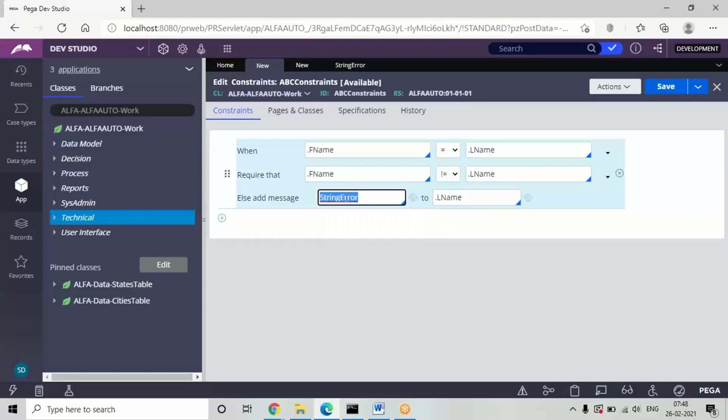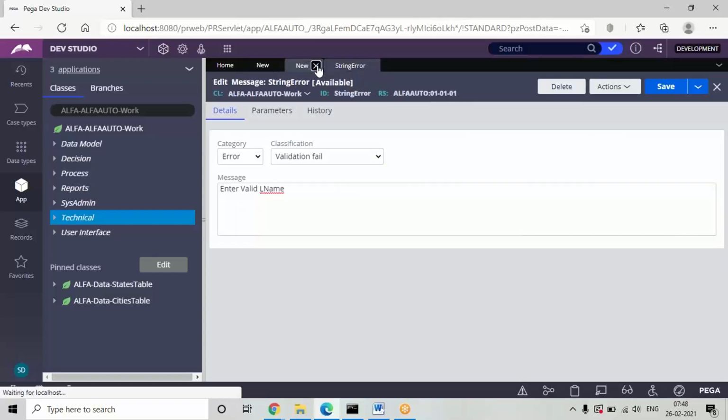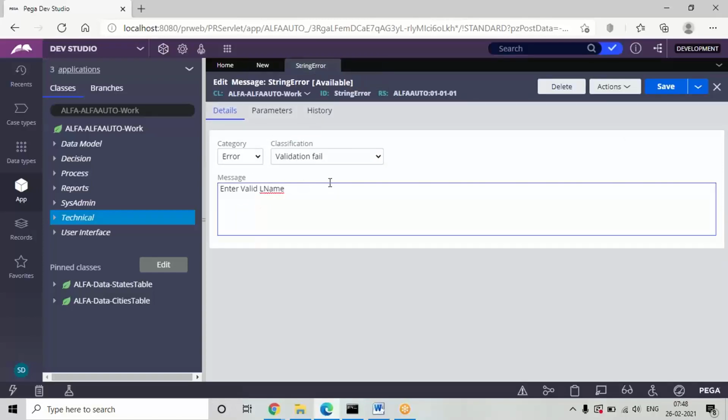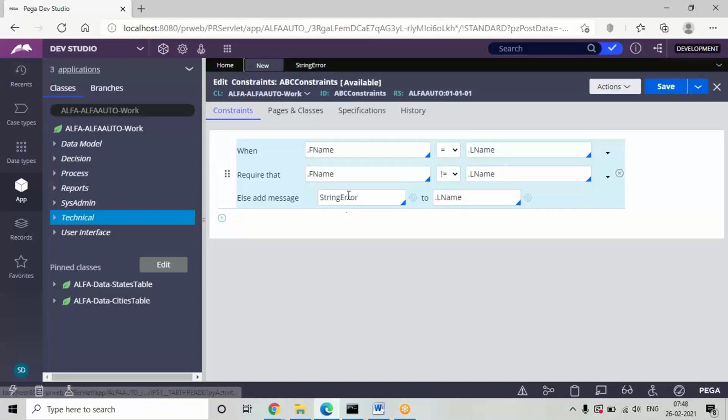See, instead of defining that message, you can directly type the same here itself. No need to create it, it is not mandatory. Message rule is not mandatory, guys, but I want to show you there is a separate rule, the message rule. You can specify the category and type what message you want to display, and call it in the drop down. Otherwise, without creating the message rule, you can directly type it in the box.